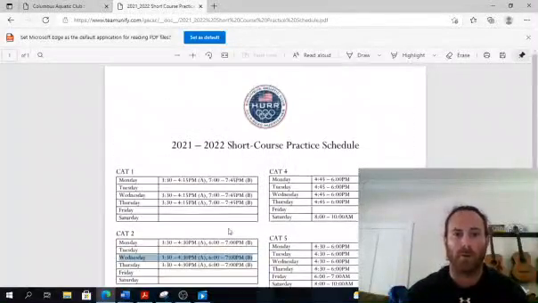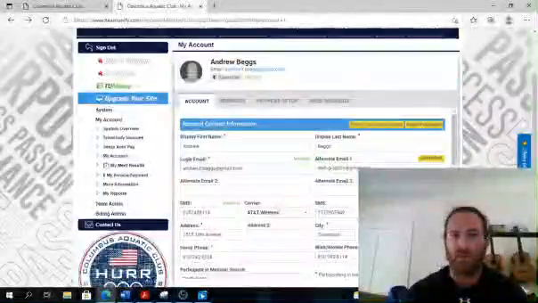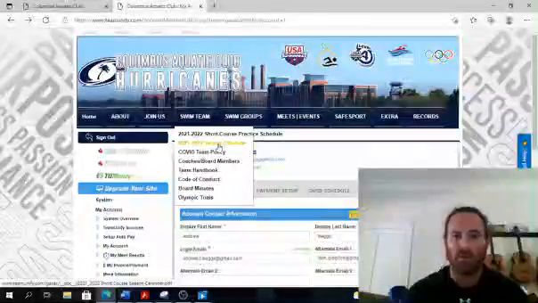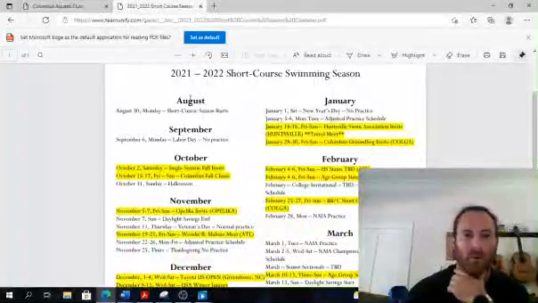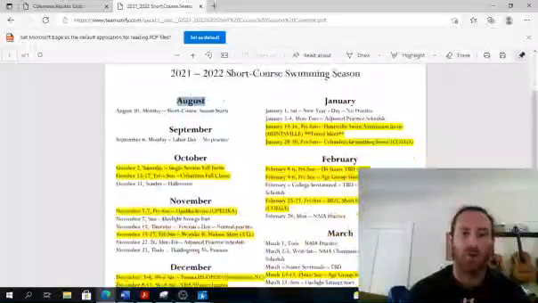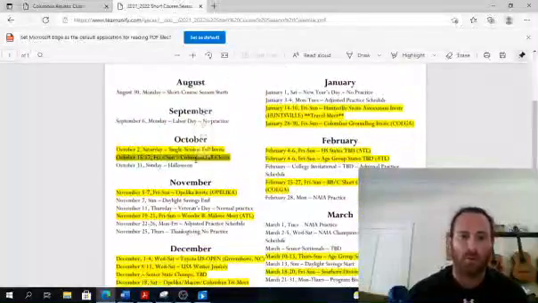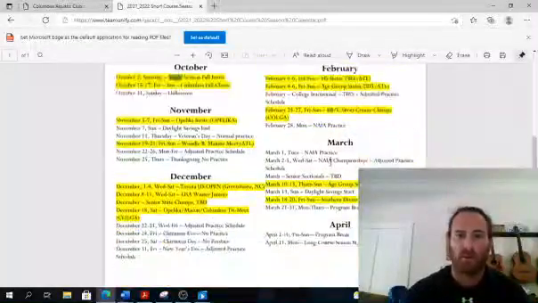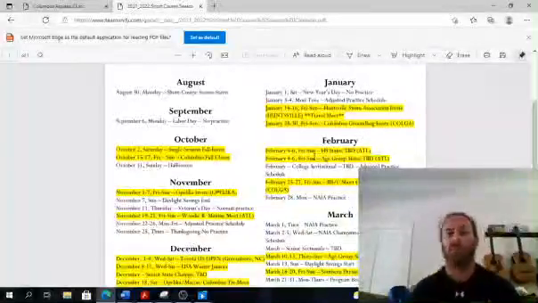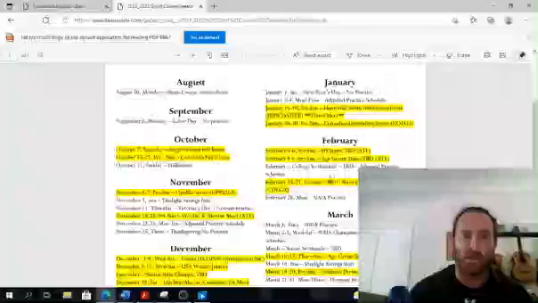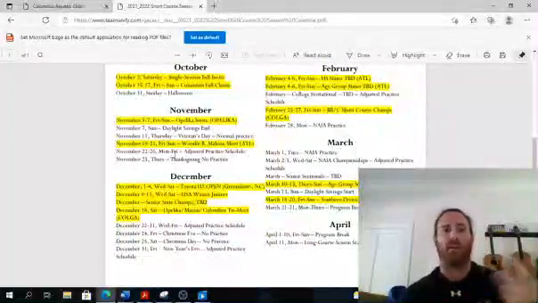The other thing that you're going to be able to see is, if you hover over swim team, is our season calendar, our 2021-2022 season calendar. So if you go to the short course season, it will go from August through April, and you'll be able to see all the important swim meets and events that we're going to do throughout the year, so you can start to plan those. My recommendation to you would be just to print this form out as a PDF and just put it on your refrigerator on a magnet, so every day you're looking at it and you kind of know,